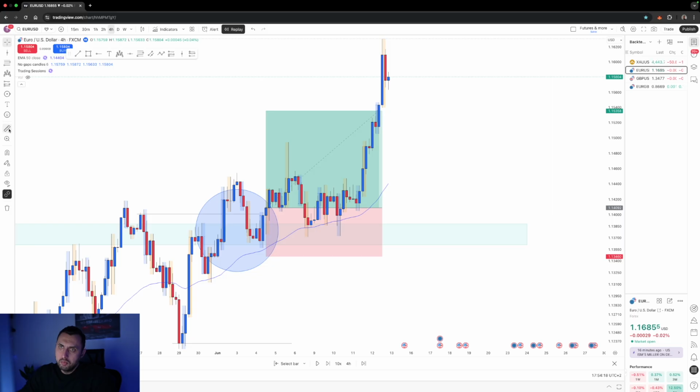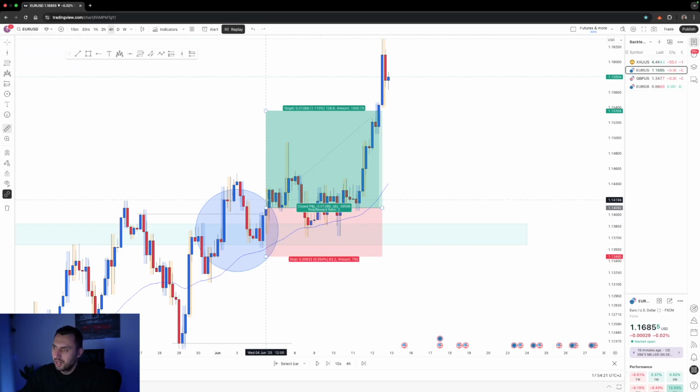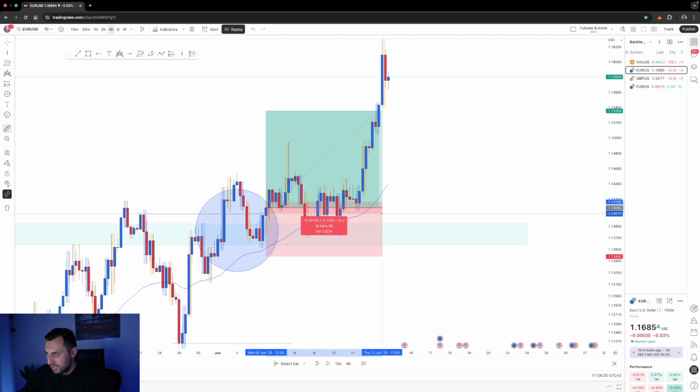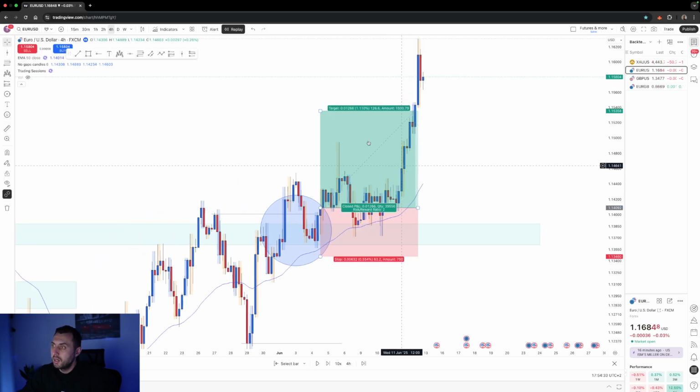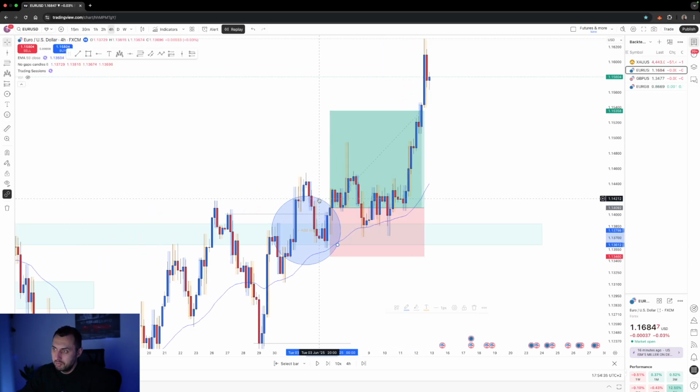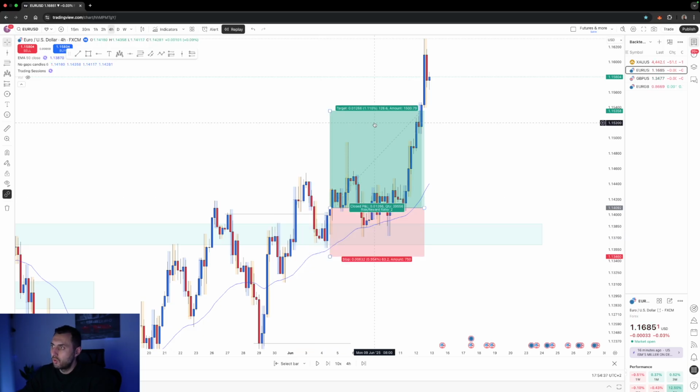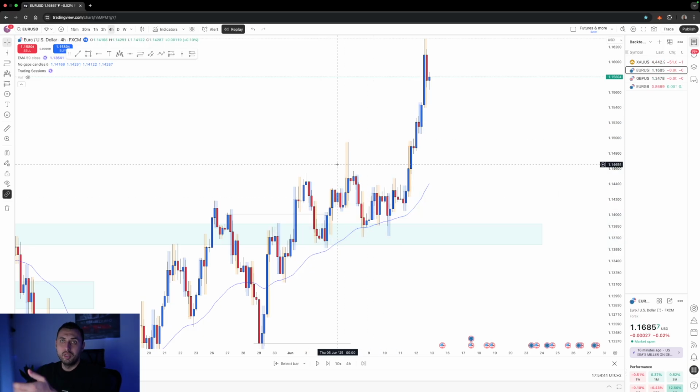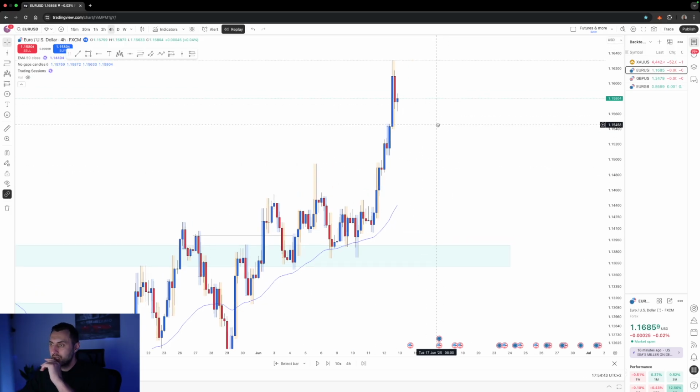Let's see how many days I would have been in this trade. So it's 8 days. 8 days in this trade. Yeah, but it's a trade that I missed, basically. I didn't see it, so I will not count it. But that's the thought process behind it, and that helps you recognize patterns and recognize